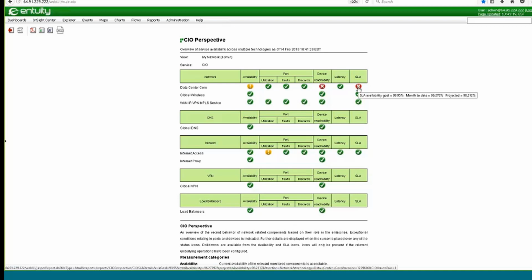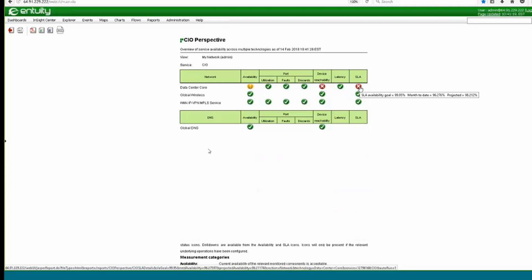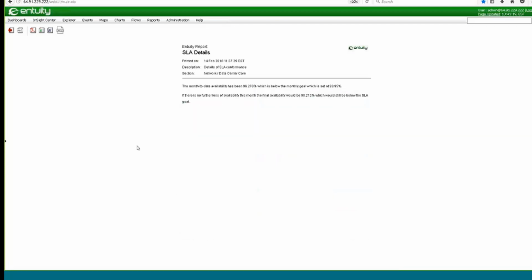Now, this is a real SLA. You actually build an SLA component into this if you choose to. If you don't choose to, it won't show up here. But in my case here, I've got a data center problem where I've got availability. Now, I can click on this, and it's going to take me to an SLA, just a detailed summary. But what this tells me is important because